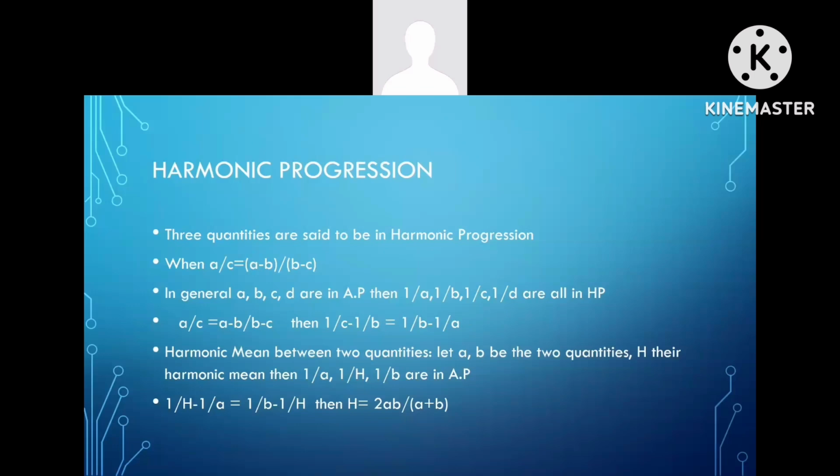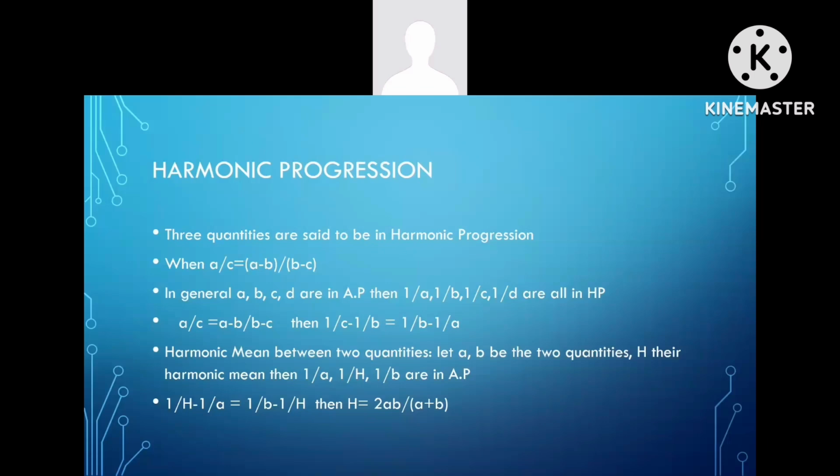By definition, if A, B, C are in harmonic progression, then A by C equals A minus B by B minus C. A into B minus C equals C into A minus B. Dividing every term by ABC, we get 1 by C minus 1 by B equals 1 by B minus 1 by A. To find the harmonic mean between two given quantities, let A, B be the two quantities, H